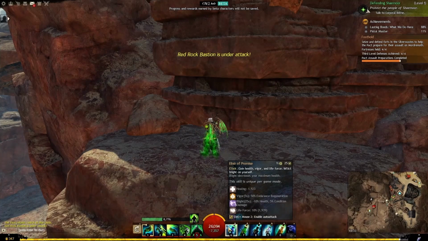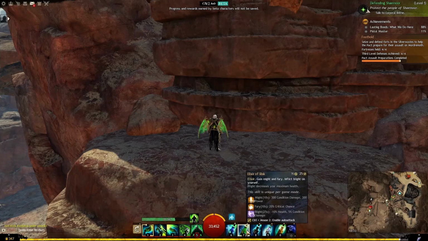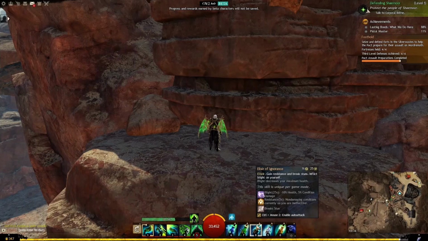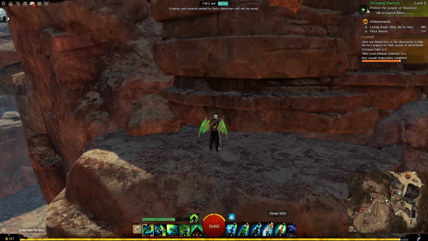Gain health, vigor and life force, inflicting blight on yourself. Next we've got Elixir of Risk. Gain might and fury, inflict blight on yourself. Blight decreases your maximum health. Elixir of Ignorance. Gain resistance and break stuns, inflict blight on yourself. So you get resistance and you break stuns. Pretty cool. Elixir of Bliss. Gain resolution and convert your conditions into life force. Inflict blight on yourself. Then we've got